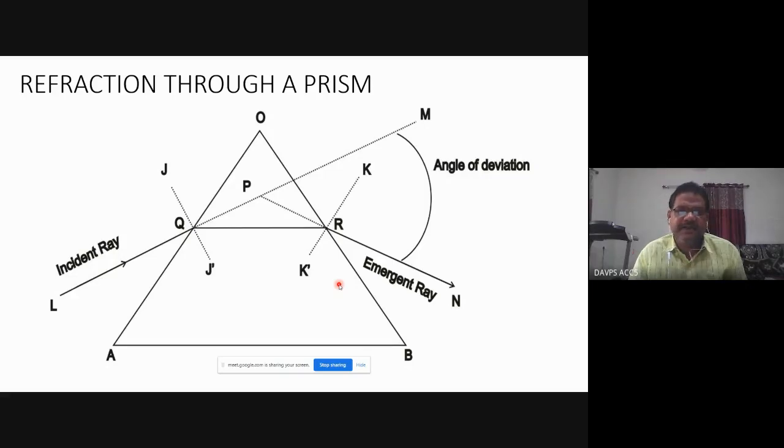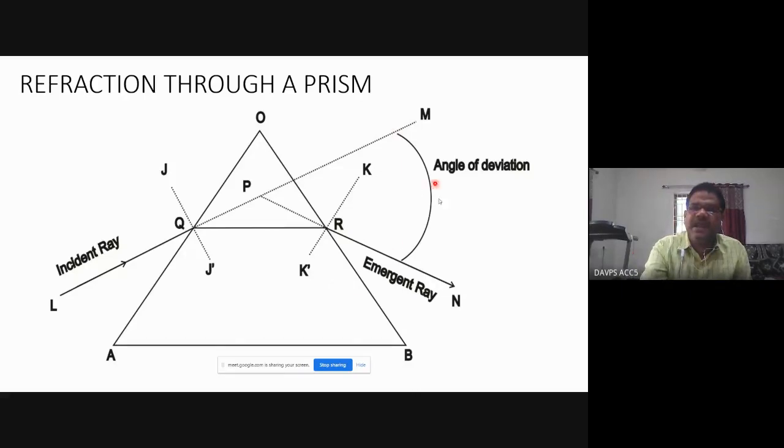The question is, whenever you ask for dispersion, why does the prism disperse, why doesn't the glass slab disperse? A glass slab does not disperse the color of a ray of light, but a prism disperses. Because the glass slab is made of glass and the prism is also made of glass. Shapes are different. The dispersion phenomena in the prism is because of that only. That part we will be discussing here. For what actually dispersion takes place, that is the angle of deviation.